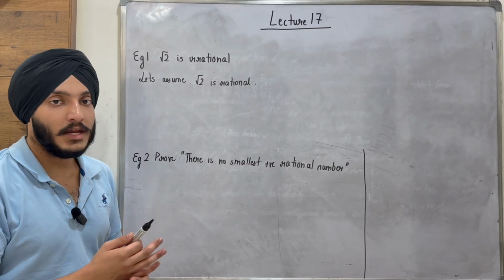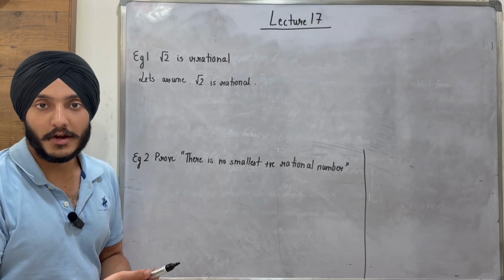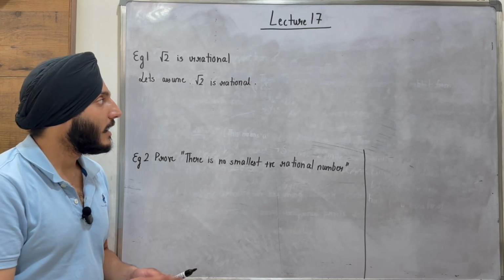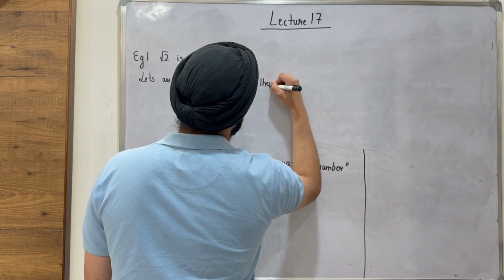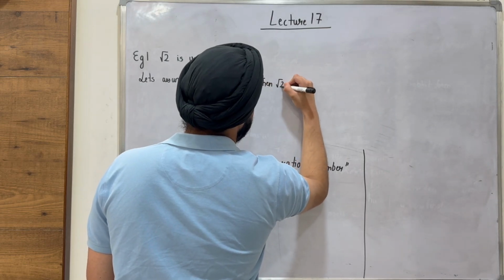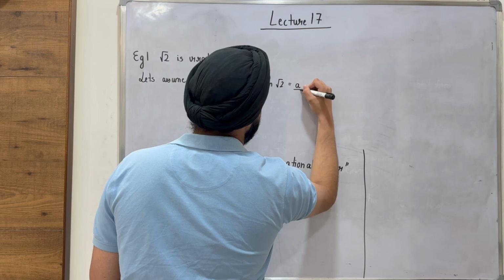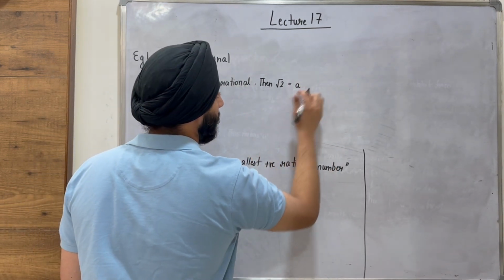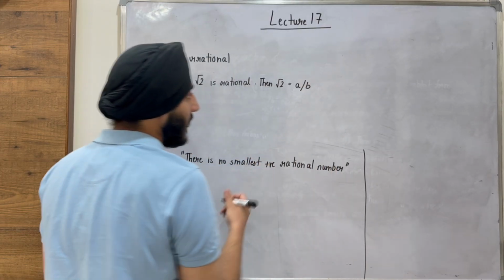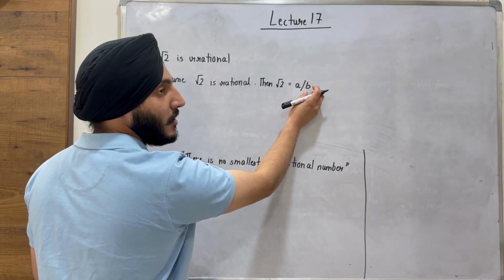Where a would be the numerator and b would be the denominator, right? And what I can say is then square root of 2 is of the form a by b, right? I hope you understand this notation. In this case, a would be the numerator, b would be the denominator,